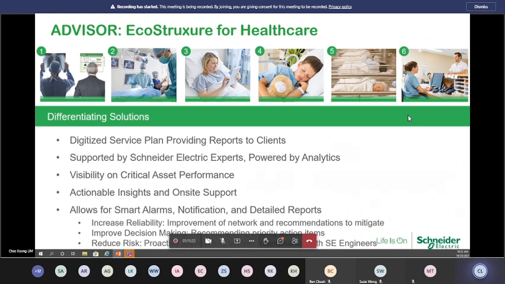Okay, so in terms of the advisor, what are the solutions or what are the things that you provide? Definitely service plan. We are talking about maintenance. And over here, maintenance is not time-based maintenance, it's actually predictive maintenance. In the past, when we talk about maybe a transformer or a panel that needs maintenance, probably every 12 months you need to do it, or maybe after 10 years you need to replace the transformer, or maybe 20 years you need to replace the main incomer.